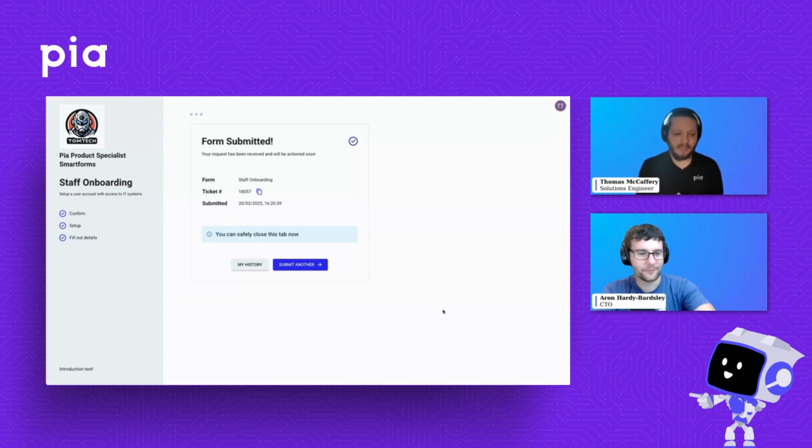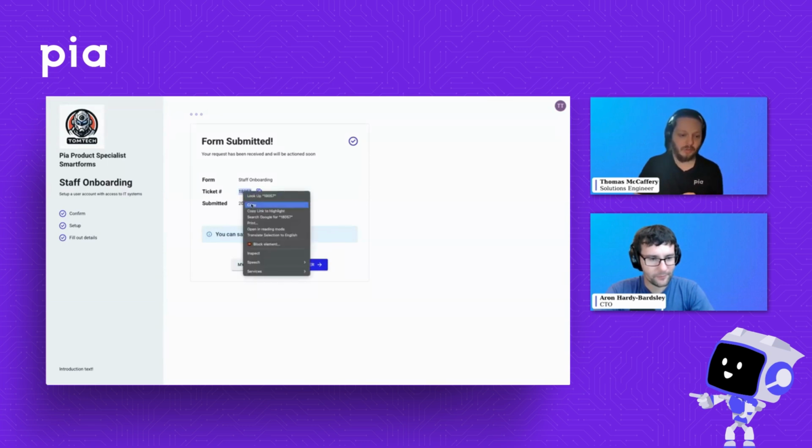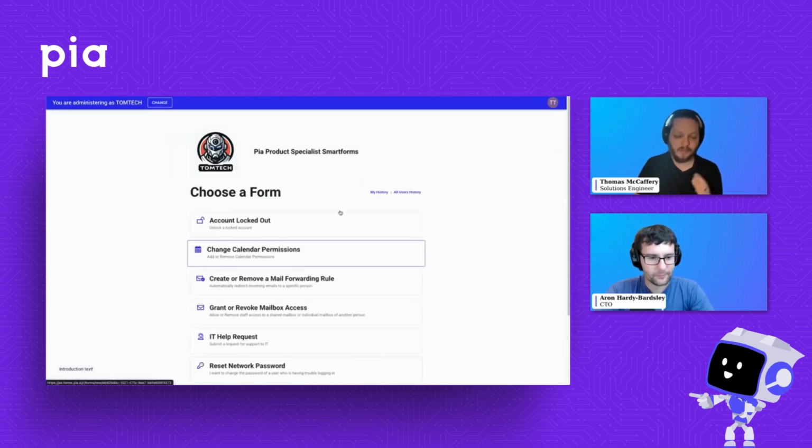Absolutely. Fantastic. All right. So our form has been submitted. This is the screen that the client gets. Of course, we can see the details about our ticket. We've got our ticket number here. We can also see that I can go straight back and submit another one if I want to as well. So I'm just going to copy this to clipboard just in case. And of course, this takes me back here. But that is the end for the client. That's all they need to do, is fill that form, hit that button. Pia has everything it needs now, as do your engineers.